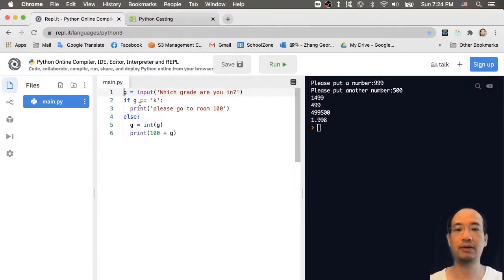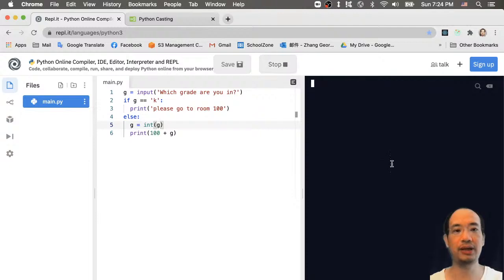And now you have the input, and your robot will say, which grade are you in, and now you should have the right room number. So what I'm going to do is just run, and I'm in grade 7, and now it's saying my room number is 107. And I run it again,